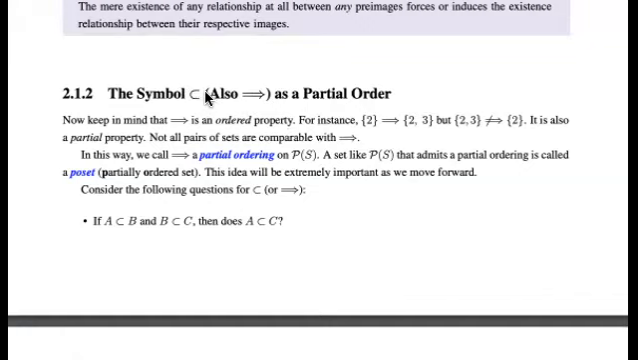2.1.2. We've already discussed this symbol here, which we're thinking of as a subset symbol. And we've discussed it as an existence property between two subsets or two pairs of subsets. We'll be thinking of it as a partial order now. Well, in some sense, the word partial order